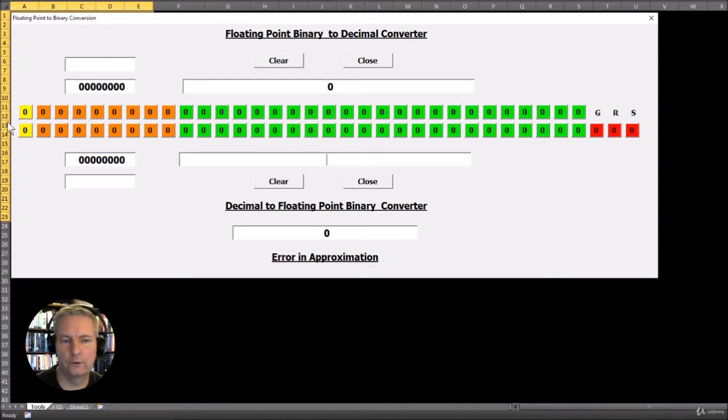Now if we draw a line across here, then everything below the line is going to be the decimal to floating point binary converter. We can ignore this little bit about approximation. We're going to get into that in a different video. So let's run through an example here. Let's say we put in the number